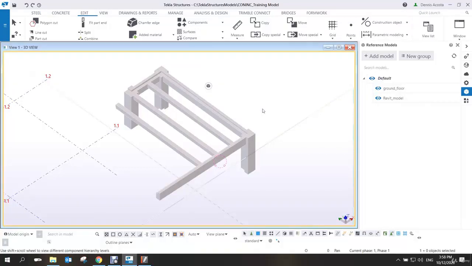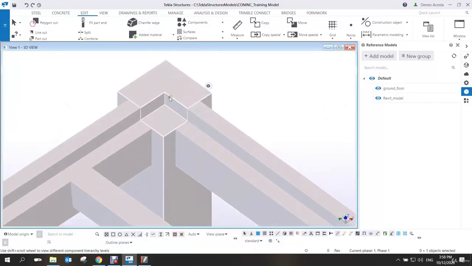Why? Because it depends on how they modeled this in Revit. So see, like this column, there are some cutouts. This one may not convert properly in Tekla Structures, because it will not consider this cutout. It will be better if, when they export to IFC, there's no cutout, so it will be converted